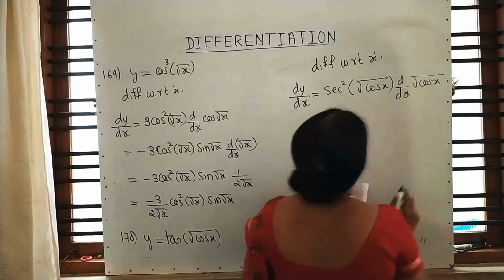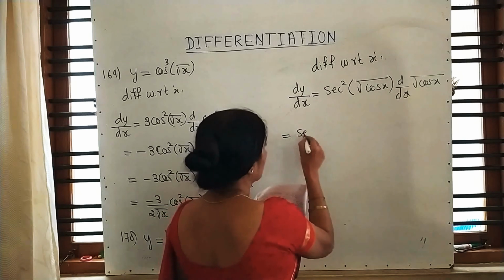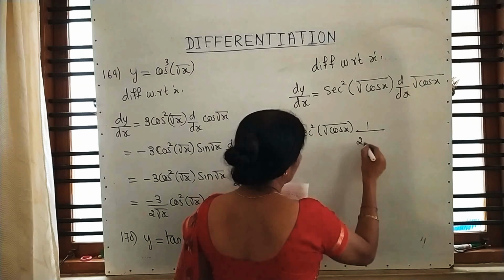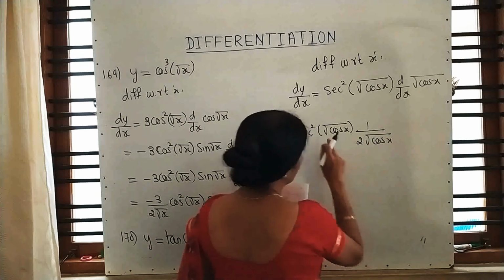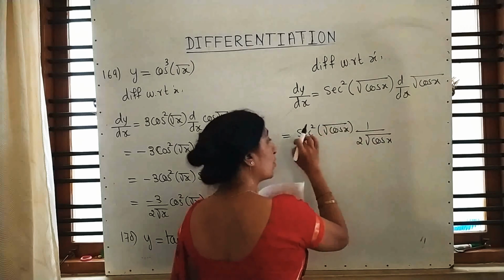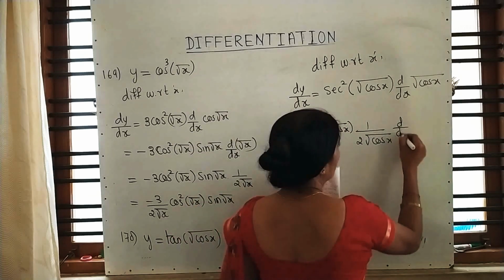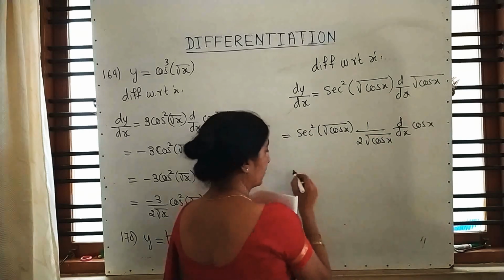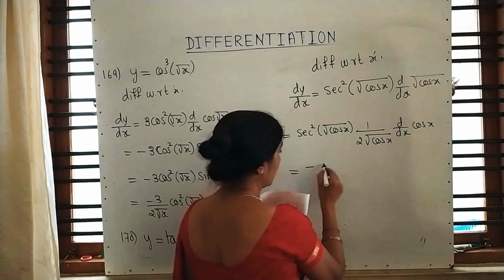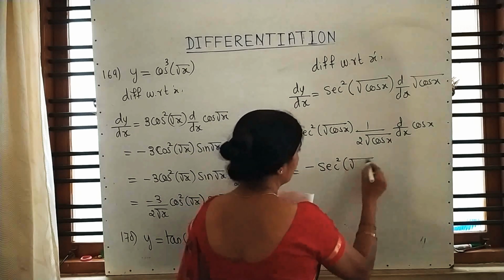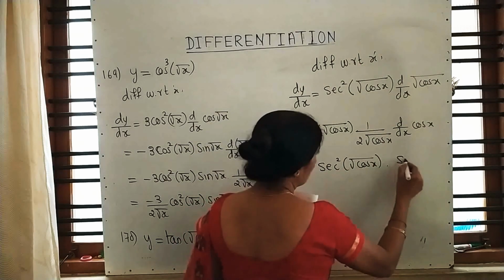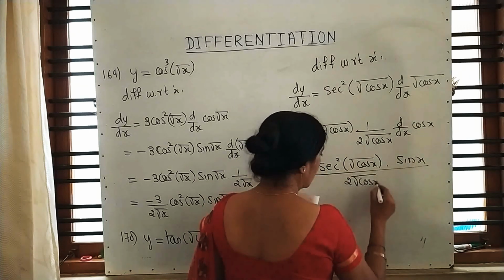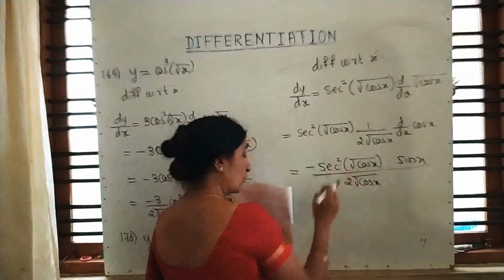Here in root cos x, first we have to differentiate that root. Differentiation of root is 1 by 2 root cos x. And students, don't cancel this because this is the angle of sec, into differentiation of cos x. Because root we differentiated, inside term. Differentiation of cos is minus sin. That's why I am writing minus here, into sin x and whole divided by 2 root cos x. Understood? Don't mix this. This is the angle of secant square.